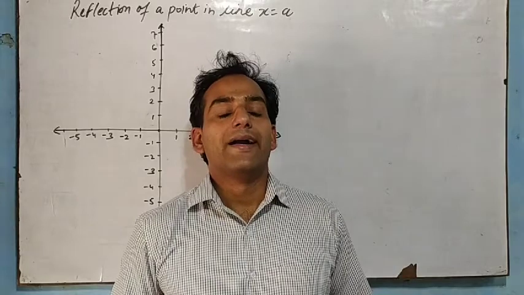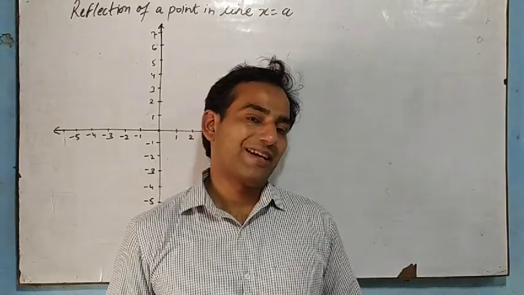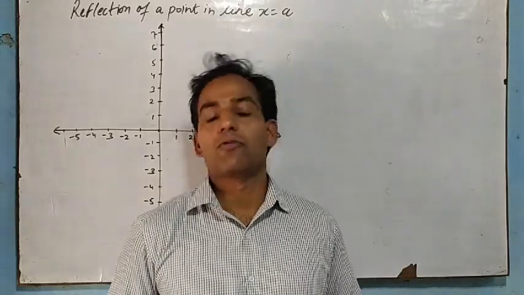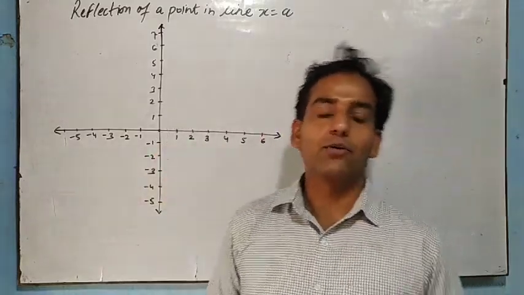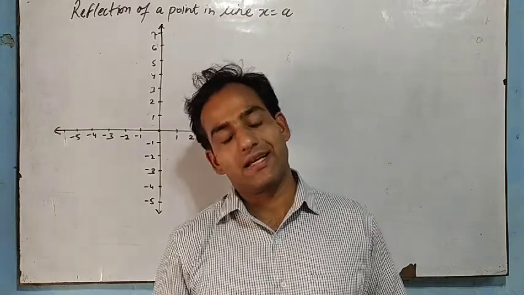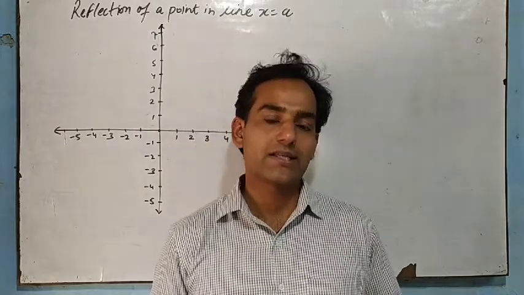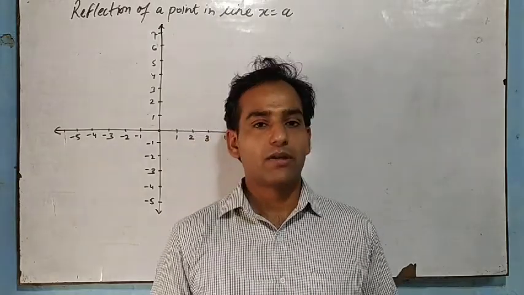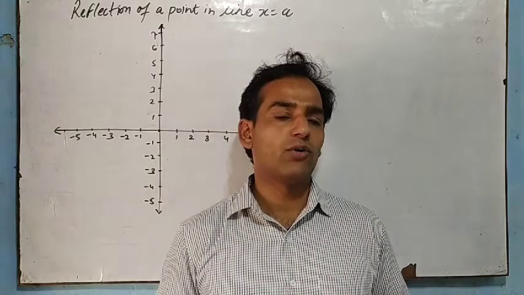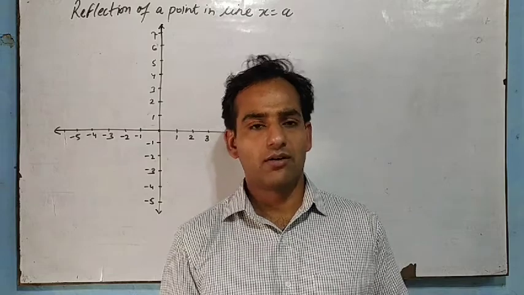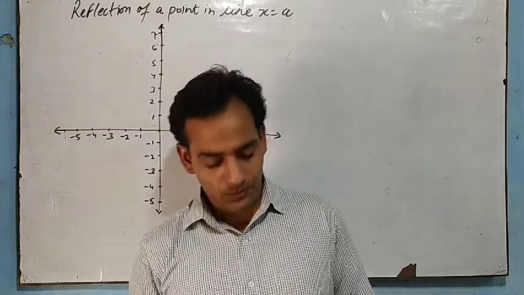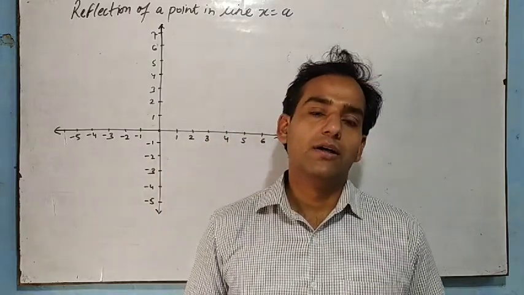So, I had taken a point reflection. The subject or topic was reflection of class 10 maths. In reflection, I told you reflection through x-axis, reflection through y-axis, and reflection through origin. And one more point I told you, invariant point. That means there is no change in the point, on the axis, points on the axis. Now we have a point